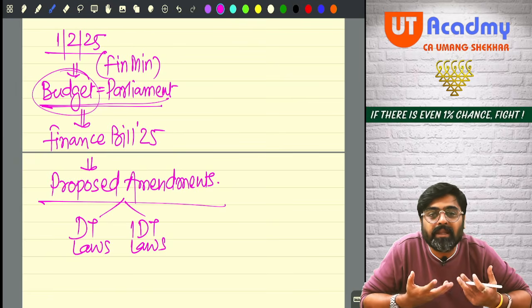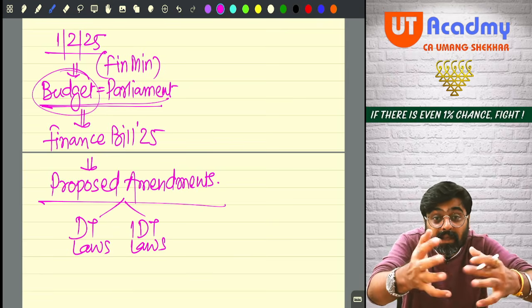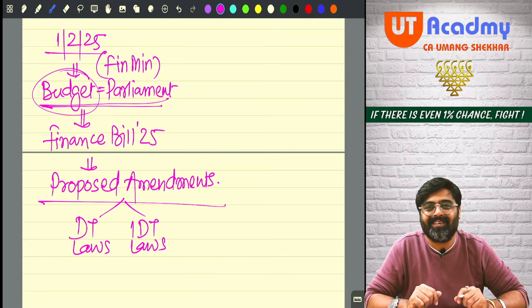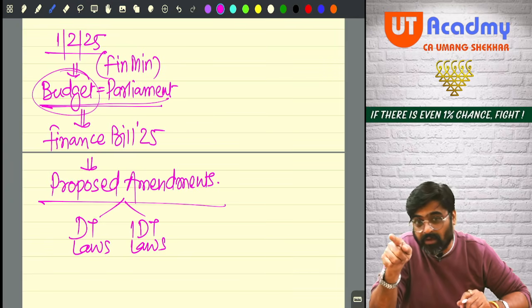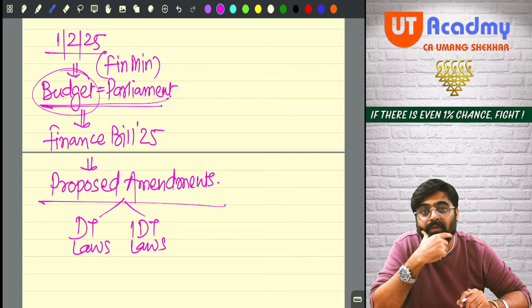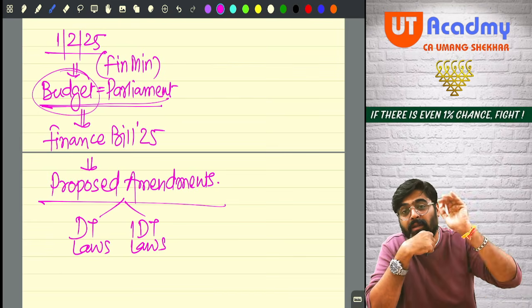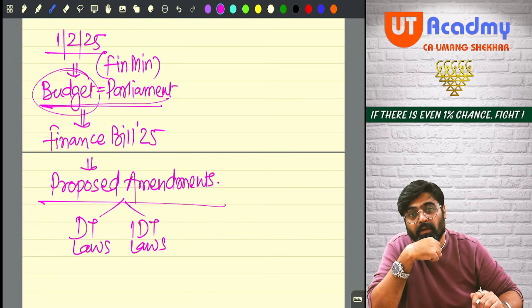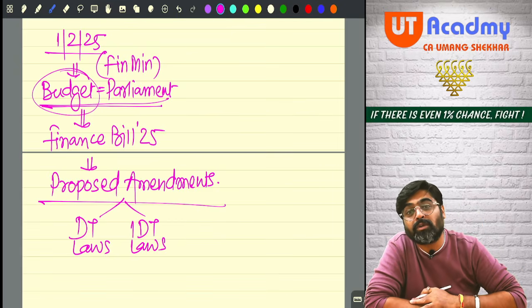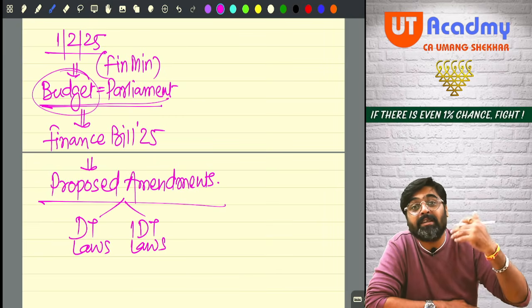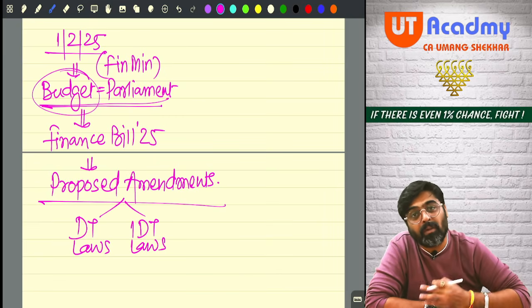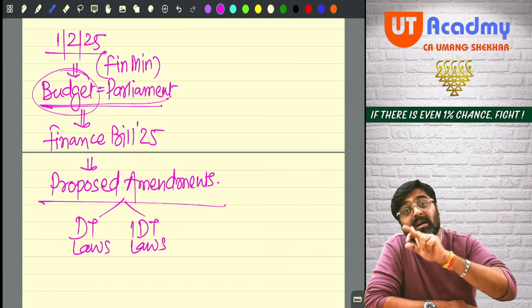Government proposing these changes in the parliament, because government without the approval of the parliament cannot bring these changes. Who has made the law? Parliament. So who is authorized to make the changes in law? Parliament only, no? But what changes are to be brought in the law will be told to the parliament by the government only.